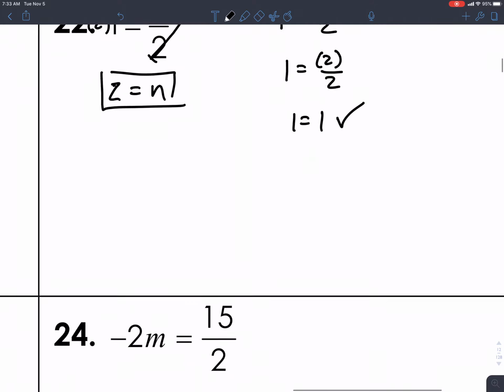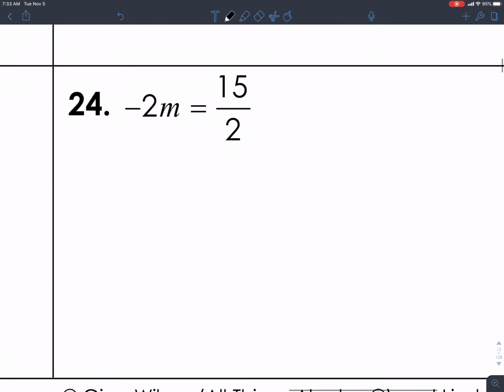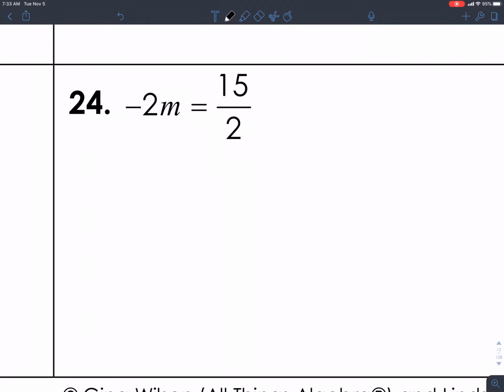Let's look at 24. So, we have got negative 2m, or negative 2 times m. Remember, a number next to a letter is always multiplication, is equal to 15 halves. This shouldn't be a terribly difficult problem for you. We've got negative 2 times m. So how do we get rid of that? Well, there's a couple of ways we can do it. I kind of like to do it this way. Divide by negative 2, divide by negative 2. Now, if I'm dividing a fraction by negative 2, I'd make that a negative 2 over 1. So then this